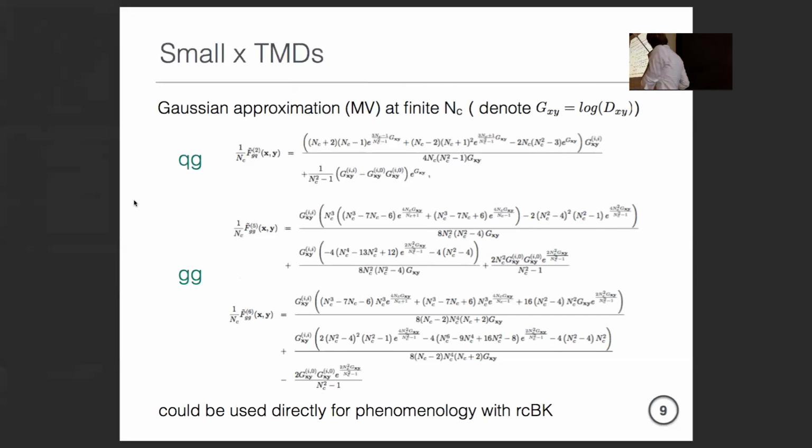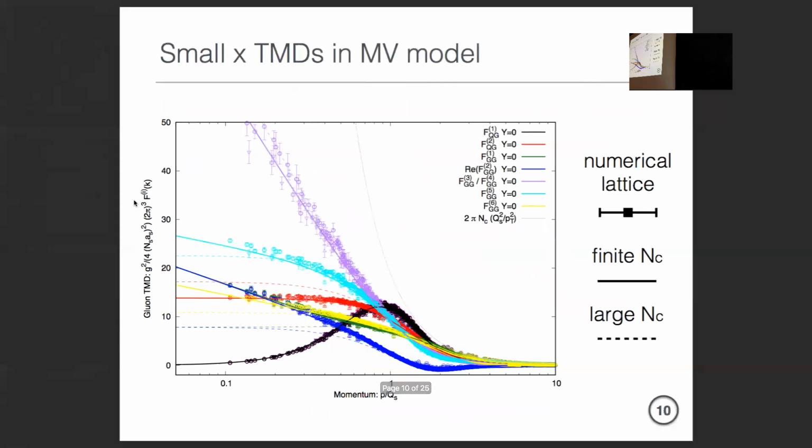And so why is this useful to have at all? The way these are expressed, whatever TMD you look at, they only depend on essentially the logarithm of the dipole amplitude, which gives you adding single gluon exchanges to the ladder, and a bunch of its derivatives and a bunch of color factors. The reason this is useful is that the dipole amplitude is something you can obtain from RCBK evolution. Once you have your dipole, you can directly evaluate all these TMDs and use them in phenomenology. So, how important are these corrections?